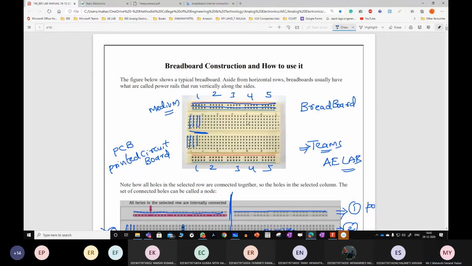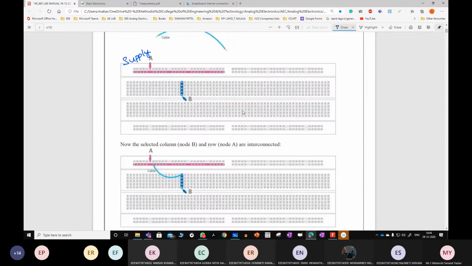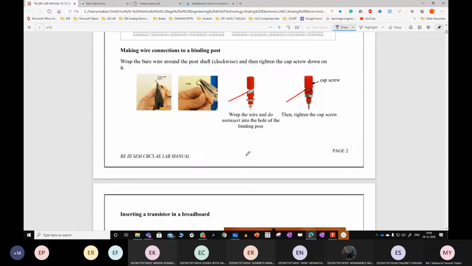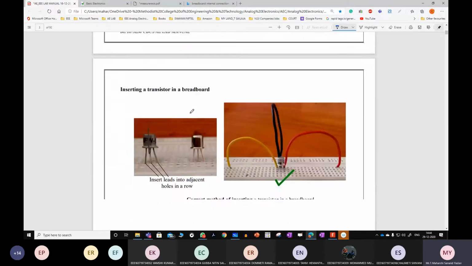Generally, suppose the scale is from 1 centimeter to 30 centimeters. If I divide it into 2 parts, this becomes 15 and this becomes 15. So this is one mini sized board, this is another mini sized board. Depending upon the application you can use either. And this is how connections are made. The above part is used for supply and this is for ground. You can connect both active and passive components within the space. And we call it a probe. Later we shall see about this.